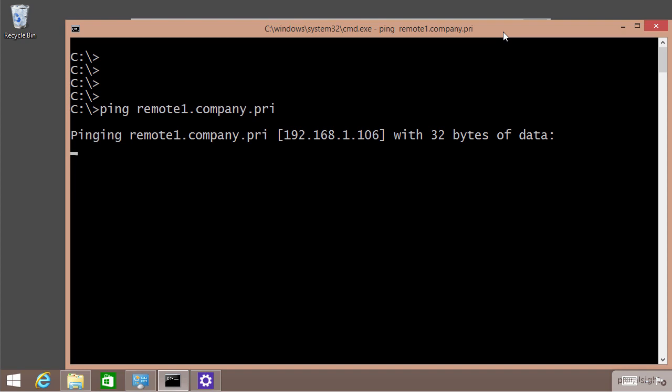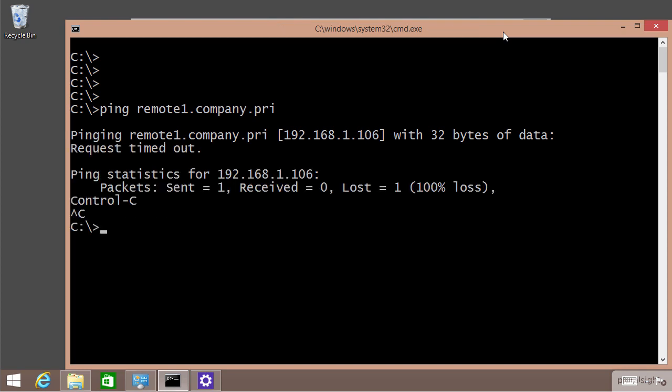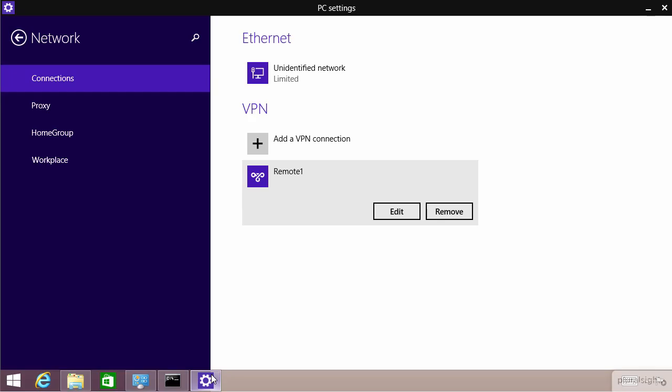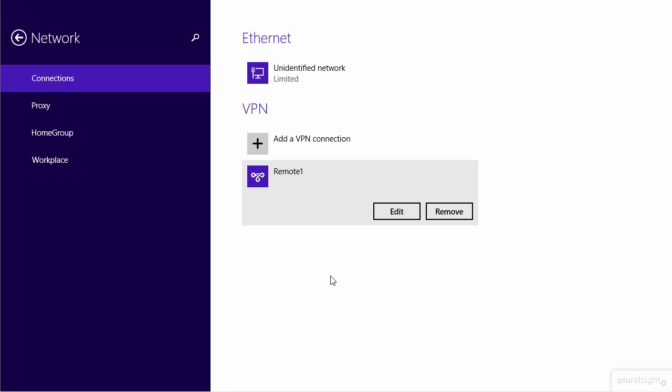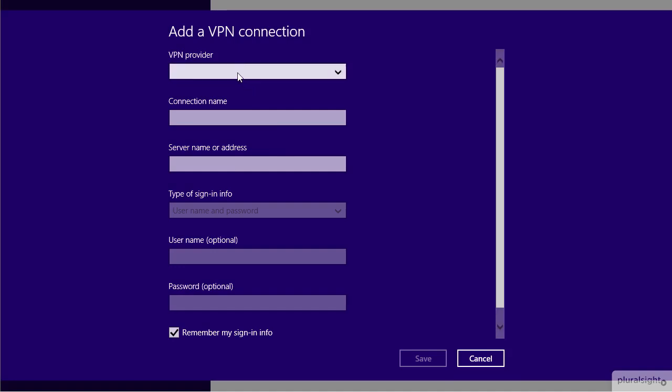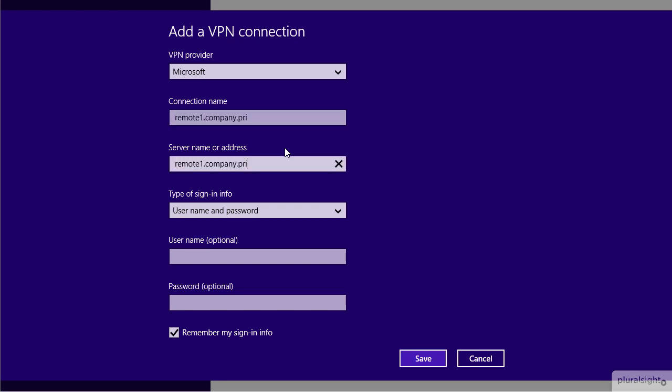And yep, I can indeed see it. Oops, I forgot that remote1's actually not responding to ping. So let's assume that that connection actually works to 192.168.1.106. With this in place, let us now go about actually recreating a new VPN connection that makes use of that existing certificate. Let me go ahead and add in our VPN connection here, and for our VPN provider, we'll again choose Microsoft, and we'll call this remote1.company.pri,